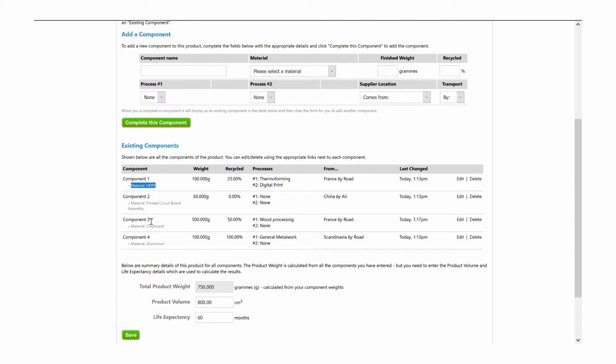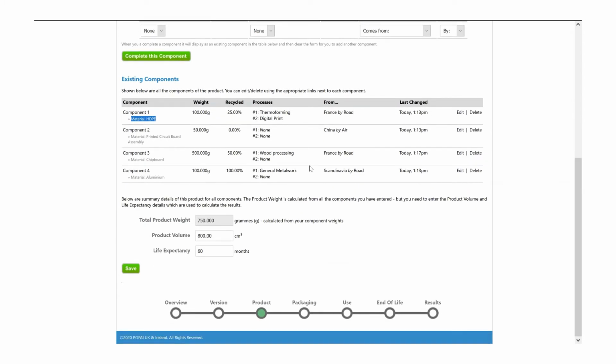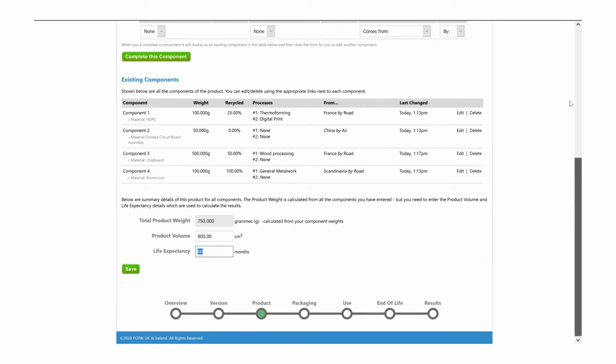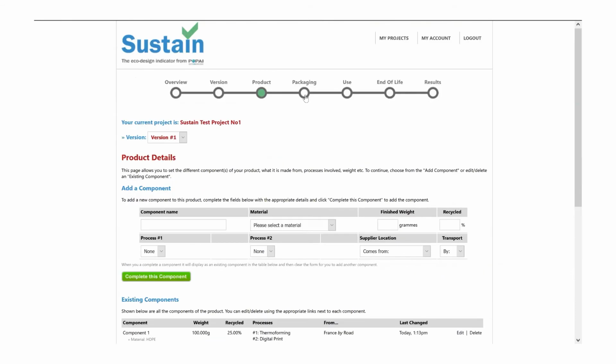So there's a range of components here. For example, component number 2 is shipped by air from China, etc. So that's the bill of materials information that you need to input into the tool. You get a total product weight. You have to include information on product volume, so that's the physical size of the product, and also the life expectancy. Once you've specified all the information on the product or the piece of POP, you can move on to